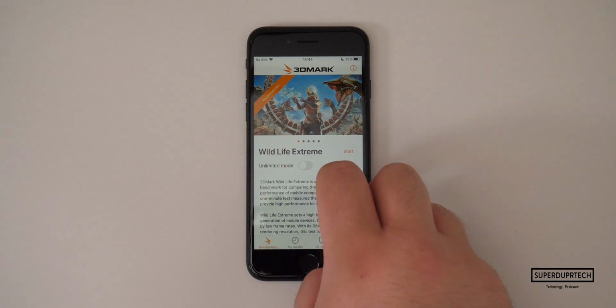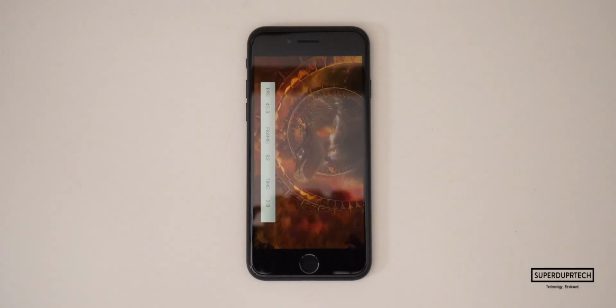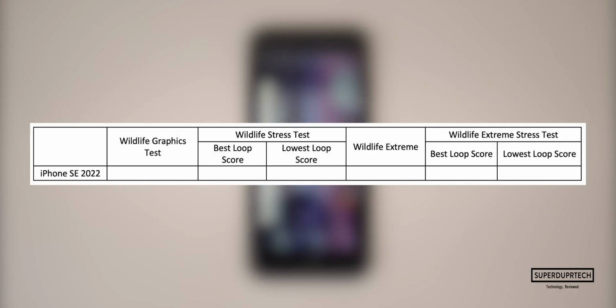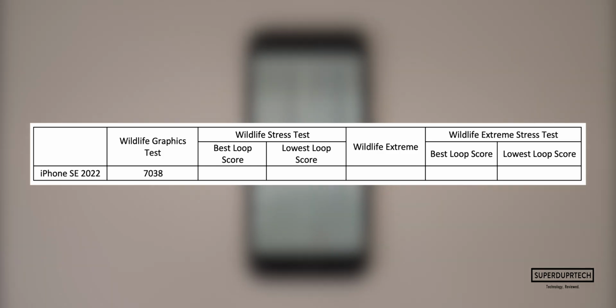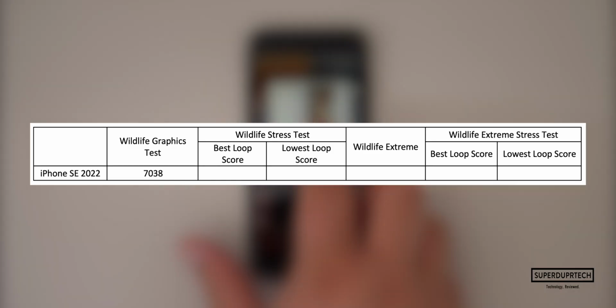The next series of tests which I ran on this iPhone SE were purely graphically based, coming from 3D Mark. The first test that I ran on this iPhone SE was their Wild Life graphics test. Now with this, I got a score of 7,038, and after getting this score, I decided to run the Wild Life